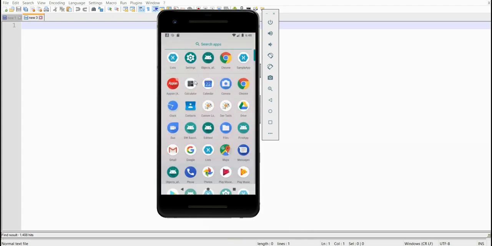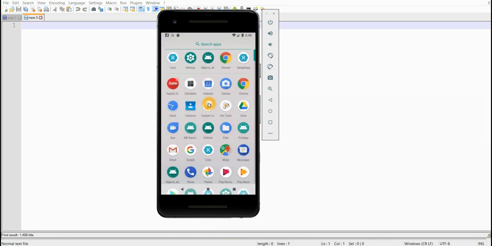So in today's session, I'll be showing you all the path in Android source code which contains the code for all the system applications. So here I'm showing my emulator. We have multiple system apps, right? So where will all these system apps be residing in our Android source code? I'll be showing you all that.